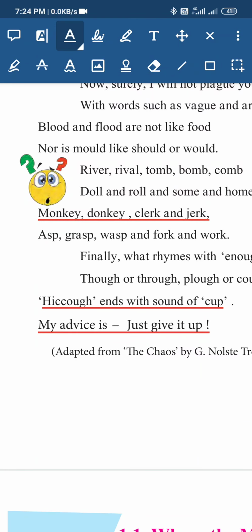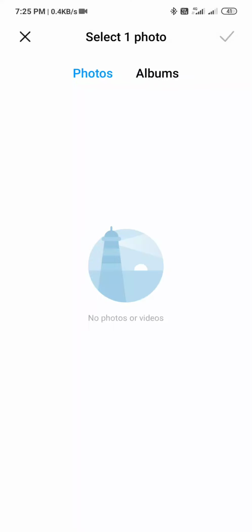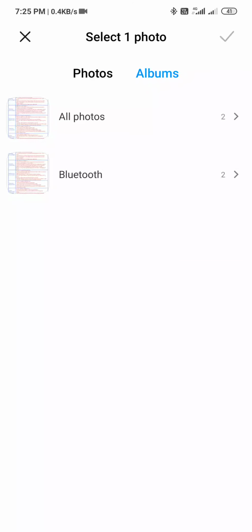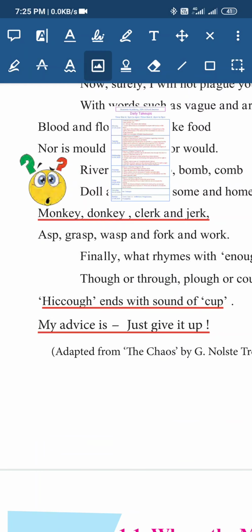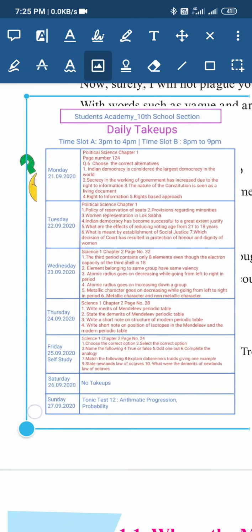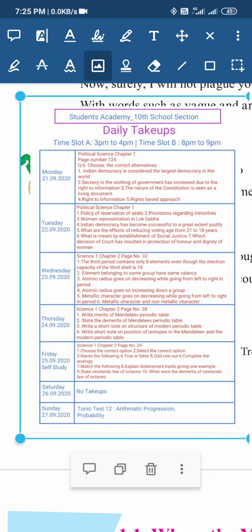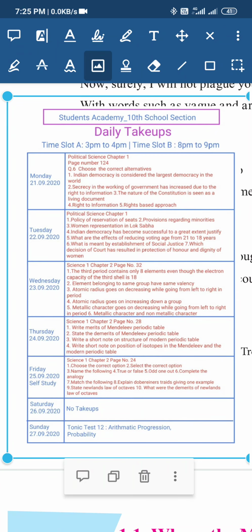You can also insert the image, which will give access to your gallery. You can have any kind of photo inside it. You may place it and you can resize it. You can see that I have inserted one page.